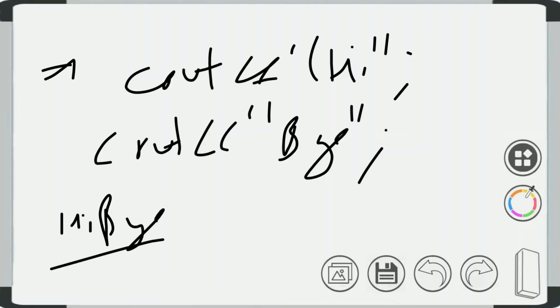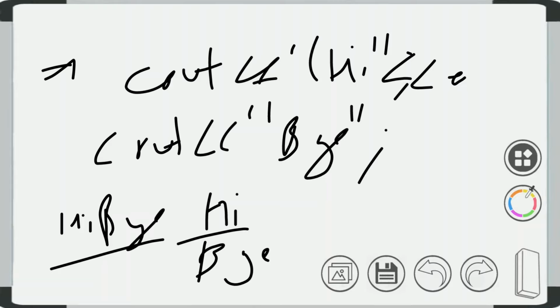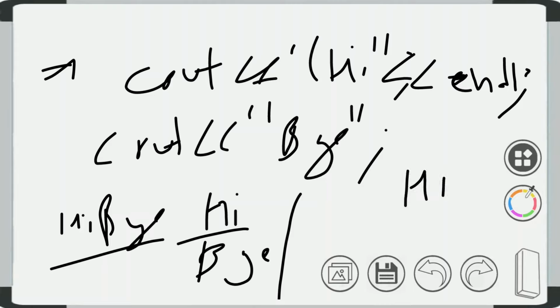It will display in a single line, but I want this output in another way, that is hi and bye on separate lines. So I will use endl here. Now this time it will print like this, hi and bye. So this endl manipulator is used to insert a new line and will print the following output in the new line.